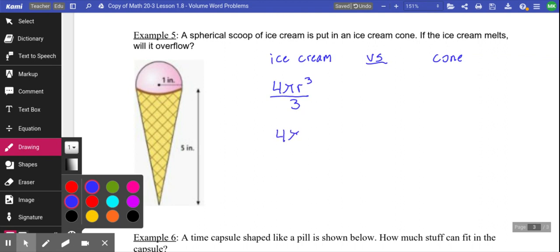So it's 4 pi times 1 cubed divided by 3. When you calculate that, you should get 4.188... And we're comparing that versus